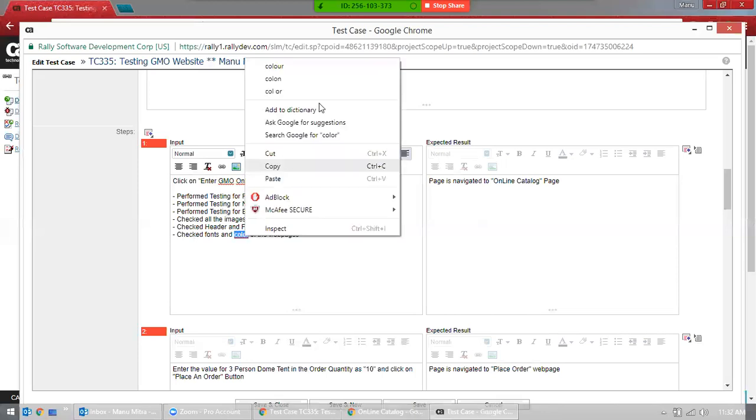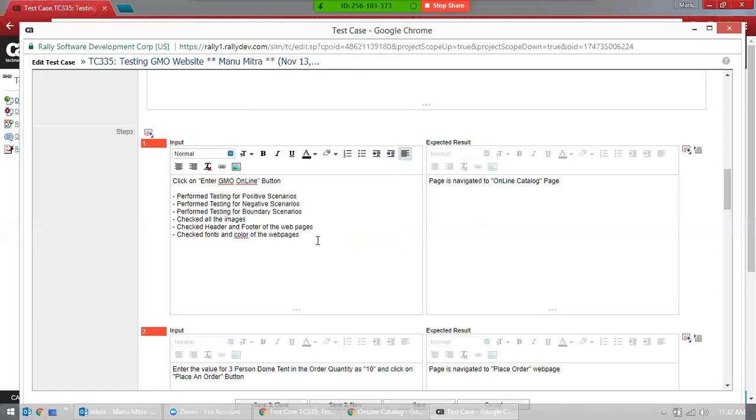Okay. Past scenario. I'm sorry, what? Past scenario regarding the credit card number, the credit card expiry date we use. Past expiry date. Yeah, past scenarios we've done, right? So positive scenarios, negative scenarios, boundary values, images, we check header and footer, fonts and color, we almost check everything. You can put all this information in just like this, because you cannot write each and every test case, and you don't want to clog all the information, putting some 30 steps, 40, 50 steps. That's really not a good idea.